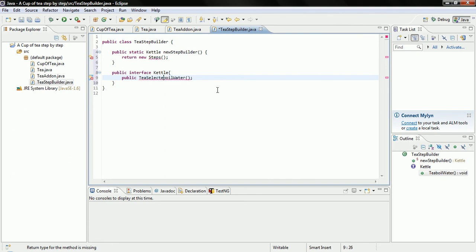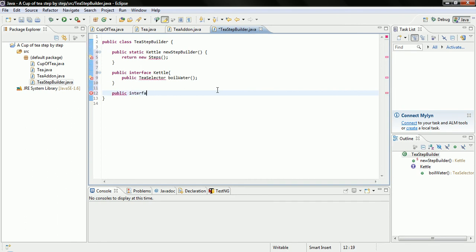So we will choose the brand of tea we want. So moving to the next step, by default the interfaces are static if they are inside the class as inner interfaces, so there's no need to mark them as static. So public interface tea selector,